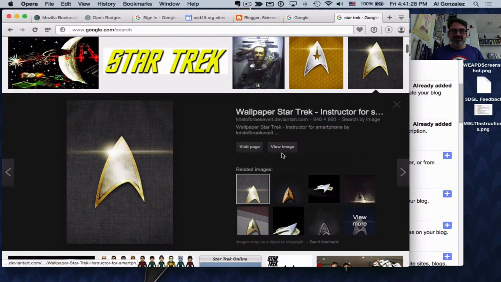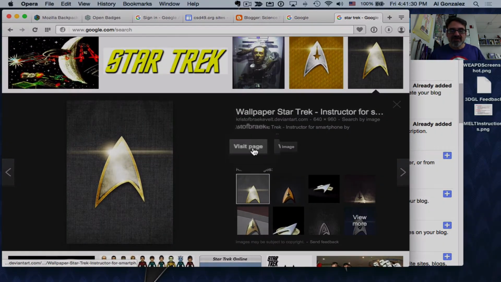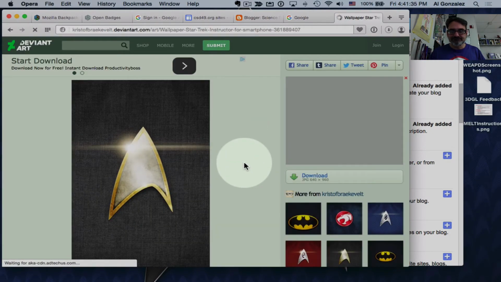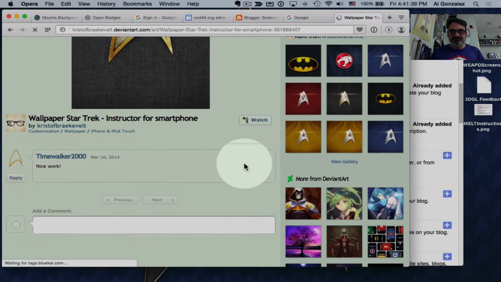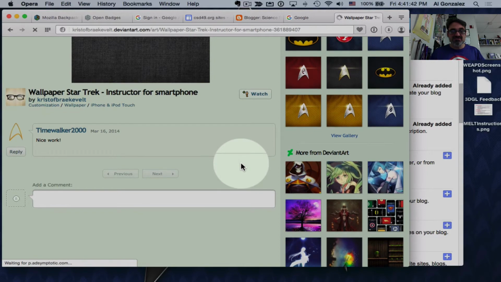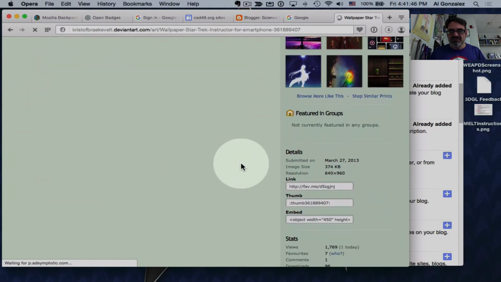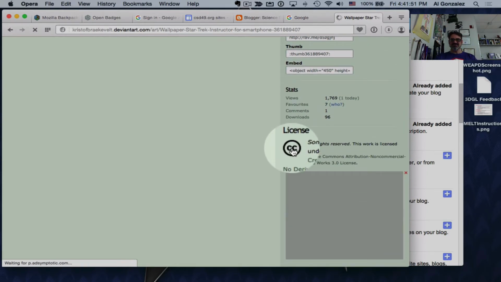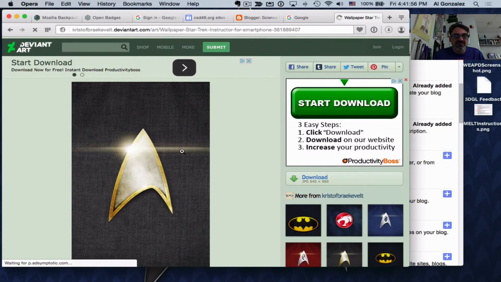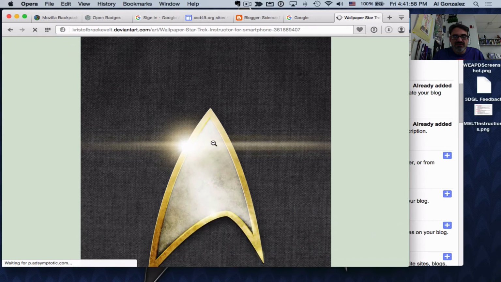And that will get me fewer pictures, probably, but at least it's pictures that you can use. Let's say I want this one. Okay, I'm going to go to visit the page to make sure the image is really not copyright. And I'm going to look for some kind of information that either says copyright, because if it says copyright, I can't use it, or that says this is an image you can use. Here's what I'm looking for. License CC. Some rights reserved. That means I can use it. So I'm going to click on that, drag it over here,